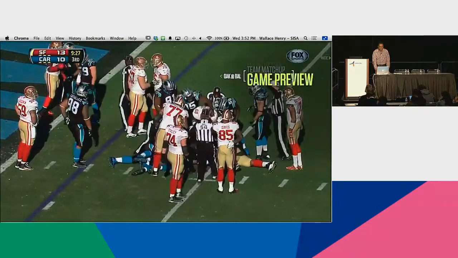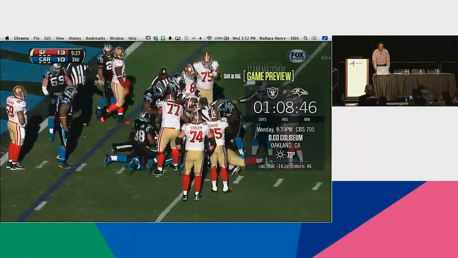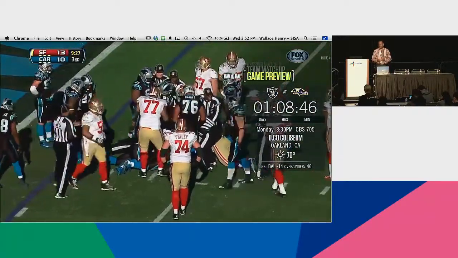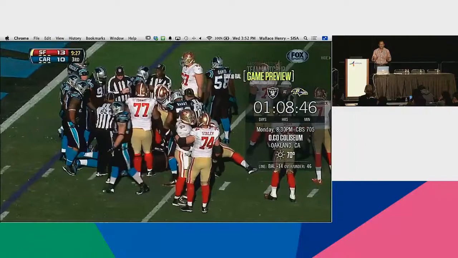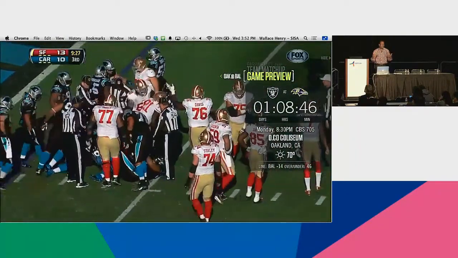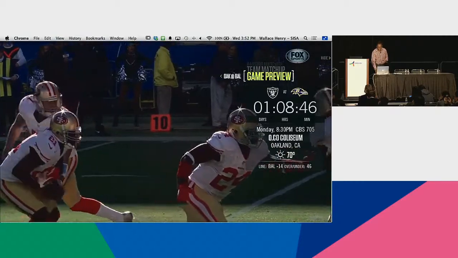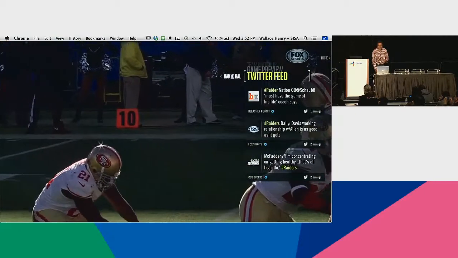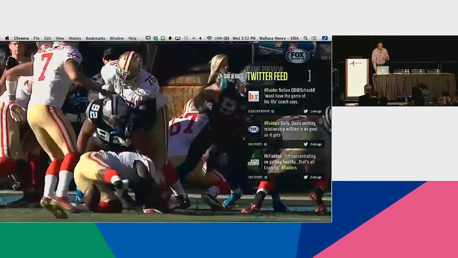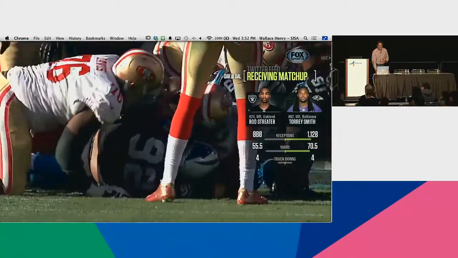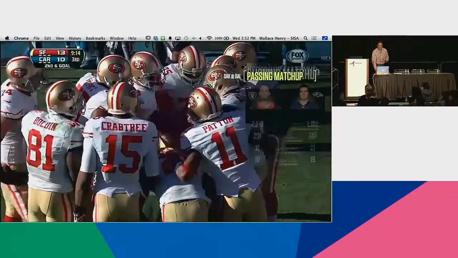Let's just see what they're up against. And we provided a countdown timer, again, in the TV space. That's something that's very important. When is the game on? And this is kind of interesting. It just tells me that they're going to play in a day, and this would count down. I can see the weather. I can see what the Twitter sphere is talking about the game. I can see the matchups and how they're likely to do.